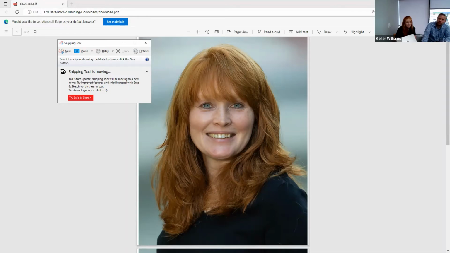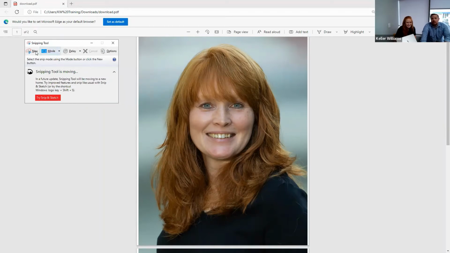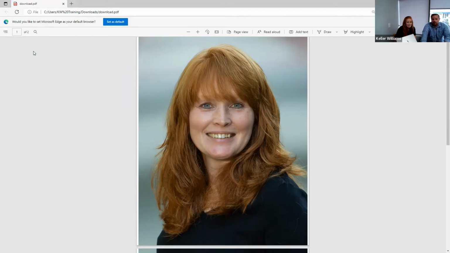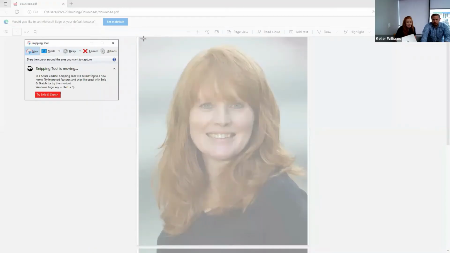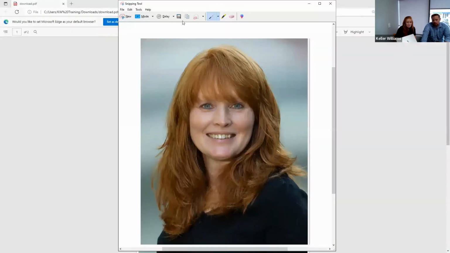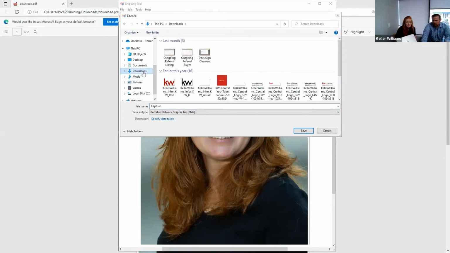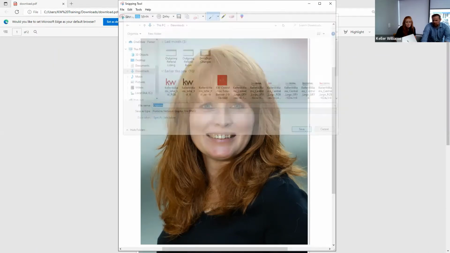What it allows you to do is, why am I looking way up there? I could be looking at the little screen and make it easier on myself. If you click on new, everything goes gray. And you can click and drag, and whatever's not grayed out will then become a picture that you can save or copy however you want. In this case, where were we saving everything? Downloads, I think, yeah. So I can just do that.